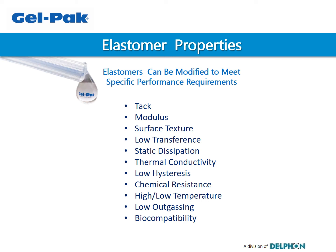We can control the modulus, so the hardness. We control surface textures. We control transference, the amount of transference, to minimize that. We can control the ESD or static dissipation. We can control chemical resistance, temperature, as you can read in the list. So again, we are able to take these various elastomer properties and modify them as needed for your specific